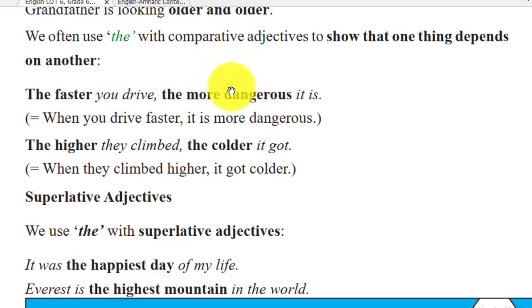አሁን dangerous situation ይከሰታል አደገኛ ሁኔታ የሚከሰተው መቼ ነው this dangerous situation depends on when the person drives faster አደጋ የሚከሰተው ሰው አሽከርካሪው ፈጥኖ ሲያሽከረክር ነው። ስለዚህ በመፍጠኑ ላይ ዲፔንድ መሆኑን ለማሳየት the ተጠቀም the faster you drive ፈጥነህ የምታሽከረክር ከሆነ the more dangerous it is ብዙ አደጋ ይፈጠራል አይነት ነገር ነው። ስለዚህ when you drive faster it is more dangerous ይሆናል ማለት ነው። The higher they climbed ይላል። The higher ማለት ከፍታ